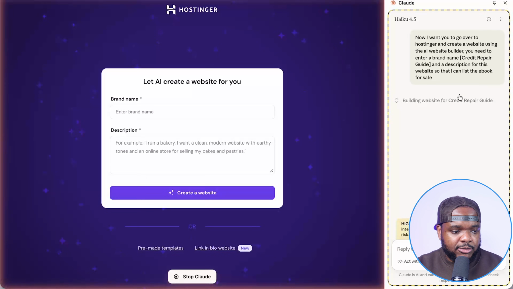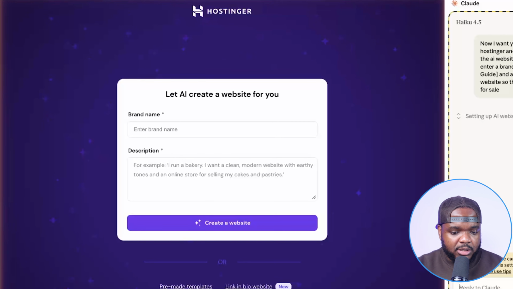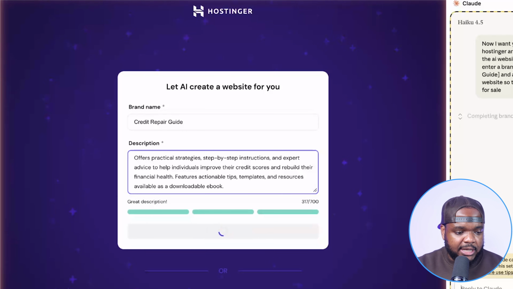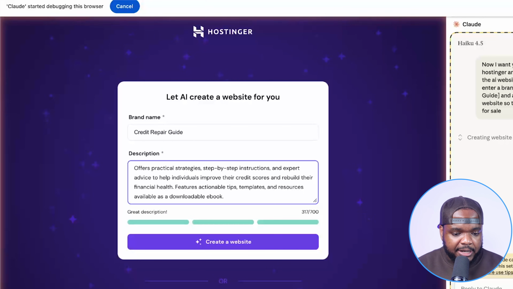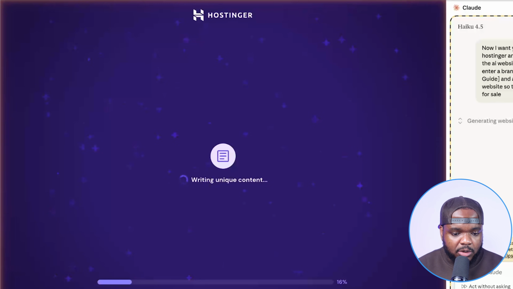Okay, so it's instantly gone over to Hostinger. Because I'm already logged into my account, it's gone straight to the AI website builder section. It's taken a screenshot of it. It's analyzing everything. And as we can see, it's already inserting all of the information. So it's put the brand name there and it's put the description as well. And as we can see, Hostinger has now gone straight to work to start building out this entire website. It's looking for the images, it's picking the right colors, it's doing the right fonts,